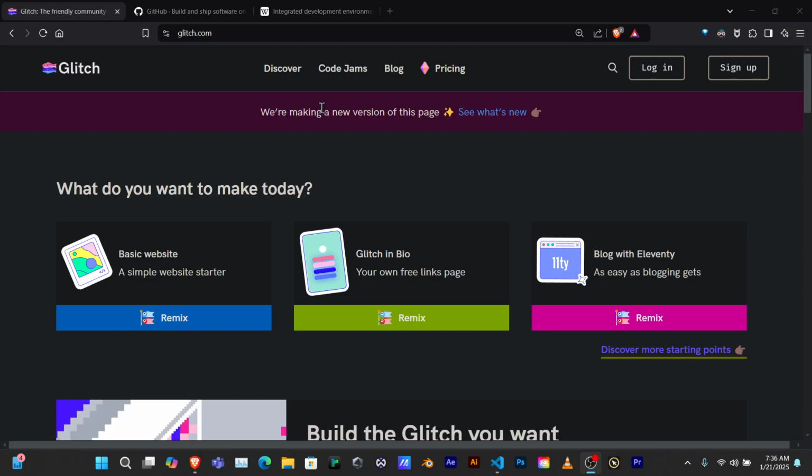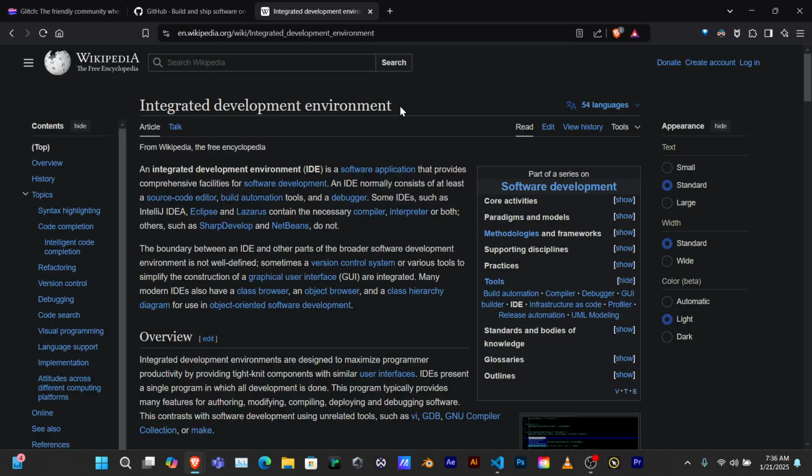All right, I want to introduce glitch.com. Glitch.com is an IDE, an integrated development environment, and that means that you can code here and see how the code will visually appear. And we're going to use it to code web applications, and the great thing about Glitch is it also hosts